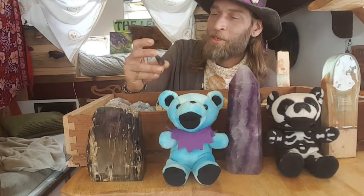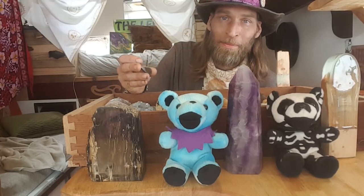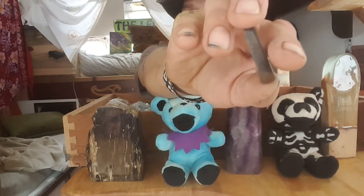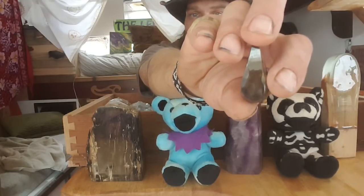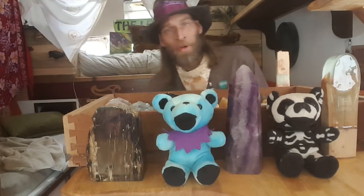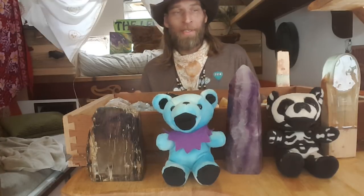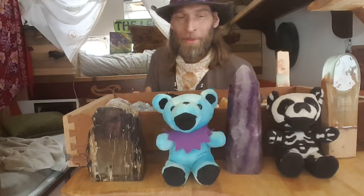And this is a piece of petrified bone. It could be dinosaur bone. I don't know what kind of bone, but there's an area in Montana where there's tons of this stuff. I sliced it and polished it, and you won't be able to see it through the quality of the camera I've got here. It's just a phone, but in the future I'm going to upload a video, because eventually I'll be selling a lot of these things. I've just been fascinated with stones my whole life. And so by cutting them down and making my own cabs,